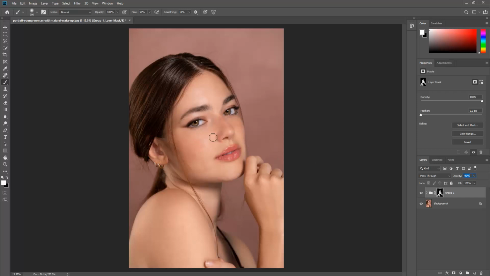So go on and practice, and whenever a client comes to you, you can clean their images similar to this one by using this technique. There are a lot more techniques, but this is one of the techniques that we use to do high-end skin softening on an image using Photoshop. See you in the next